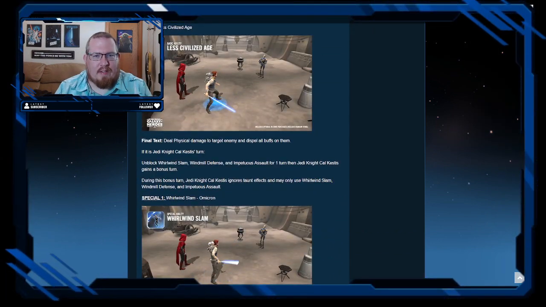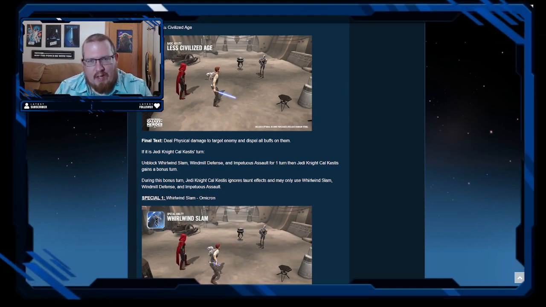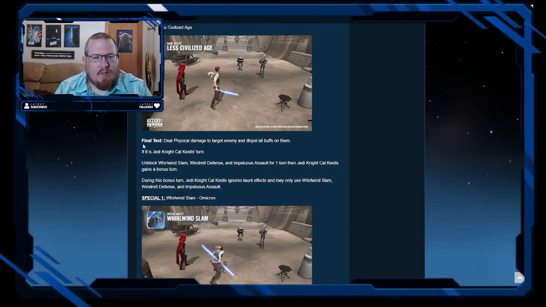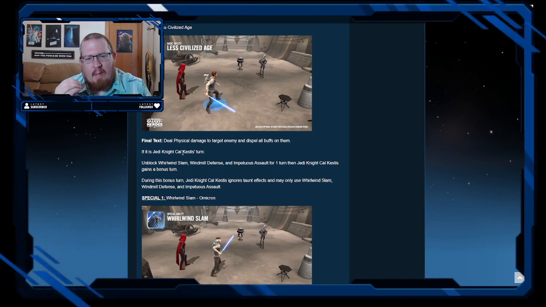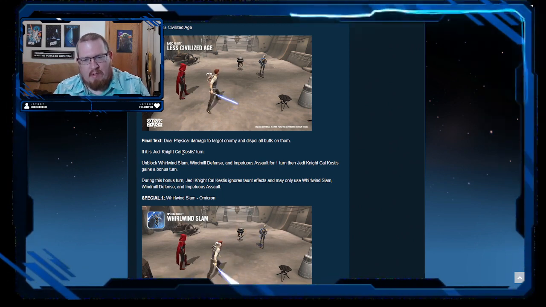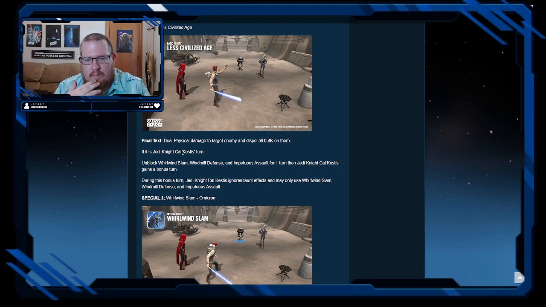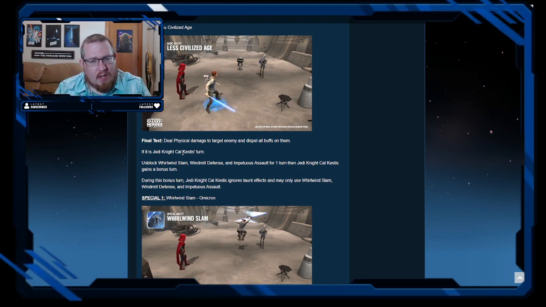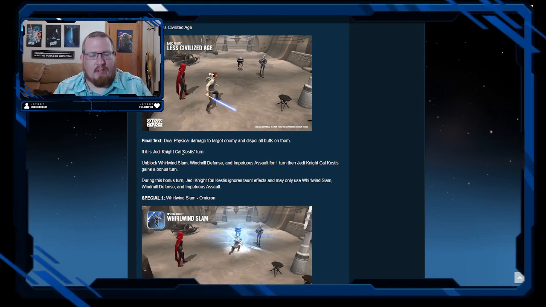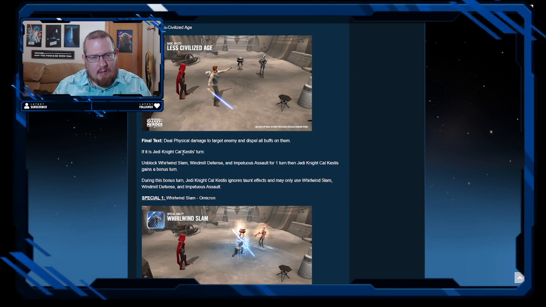Basic is Less Civilized Age, and I love this because his basic is his blaster configuration, which, if you play Jedi Survivor, is, personally, I think, one of the more fun ones. So, deal physical damage to target enemy, dispel all buffs on them. If it's on his turn, unlock his specials, and then he gains a bonus turn, just like it mentioned above. During that bonus turn, he ignores taunt effects, and he may only use Windmill Slam, Windmill Defense, and Impetuous Assault. So basically, you get the bonus turn, you can only use your specials, and notably, you ignore taunt during this point, which is...